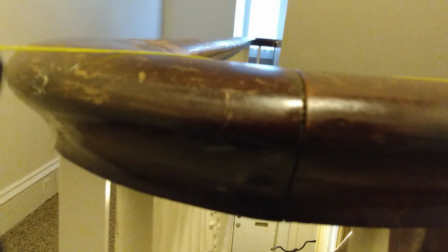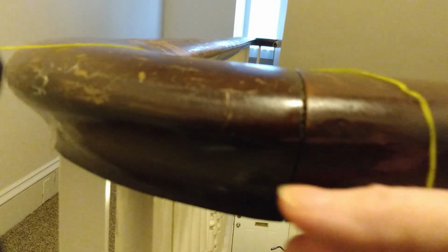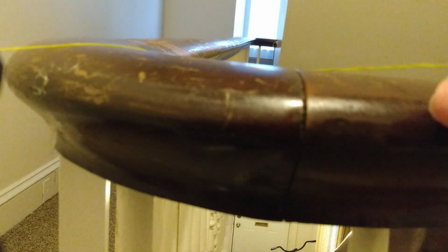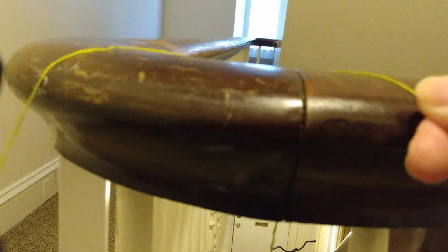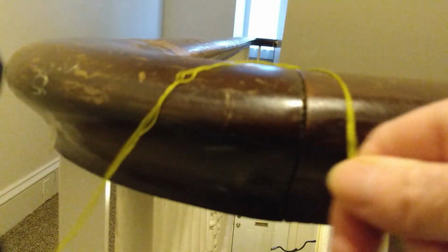My arms are completely spread apart now. So I'm going to hold my left hand out, grab this with the right, to hold it, and grab my left. Pull. Now all the while this is spinning on the clothespin, so it's not getting tangled. And you just continue to do this until,